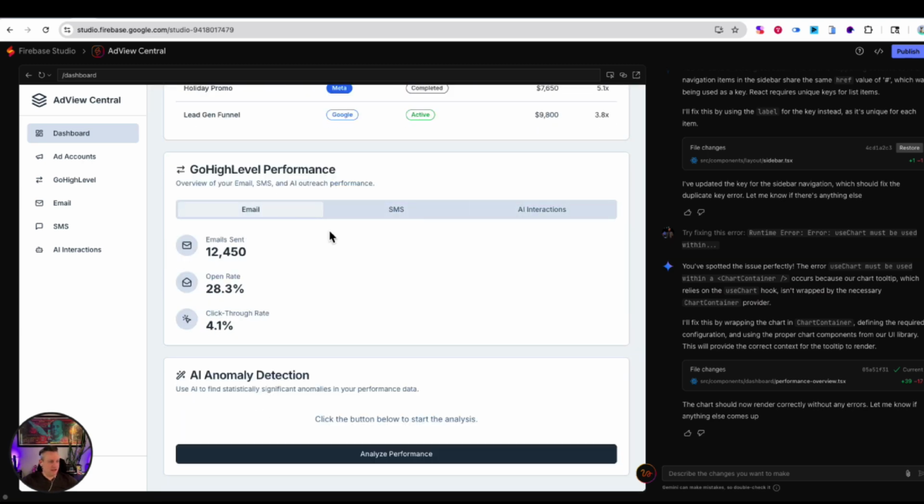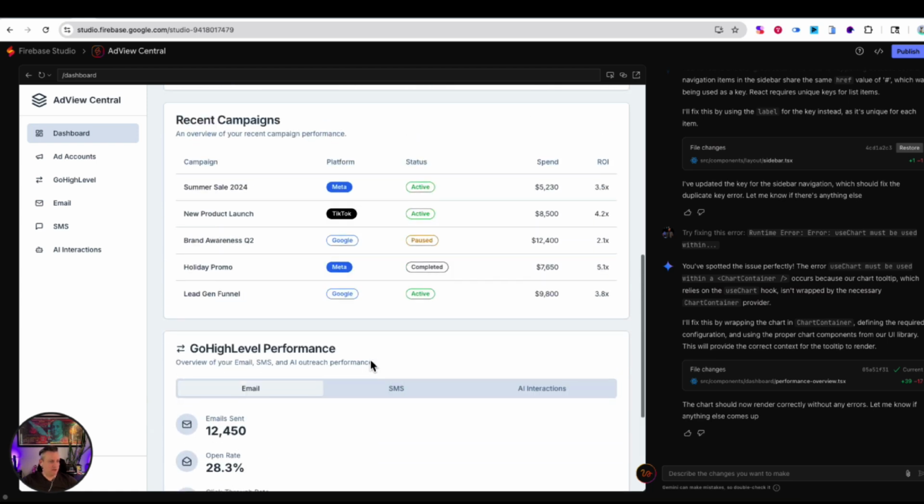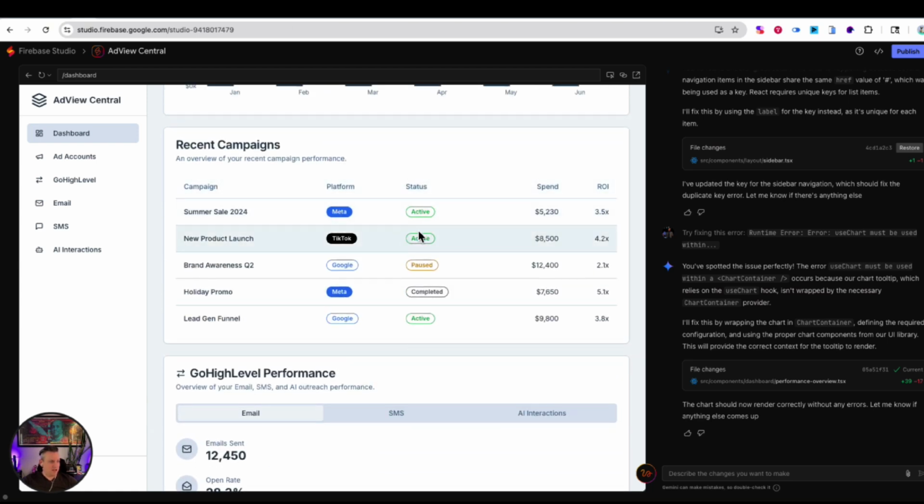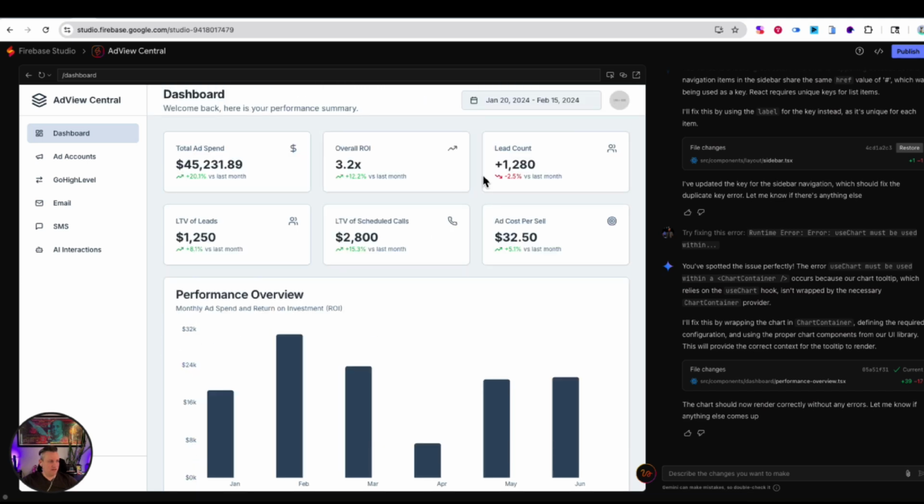Just see, it does have a lot of stuff here. It has an AI anomaly detection built in. It's pretty cool. Recent campaigns, it'll tell me the campaigns. It's got a decent look, and it would work well for anybody that wants to create a quick little dashboard for their business. A lot of people spend a lot of money on dashboards. I'm going to ask it here,